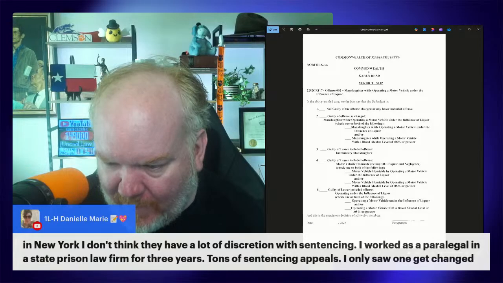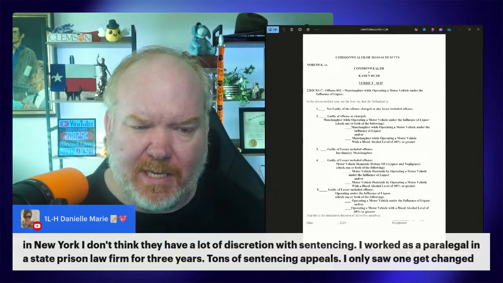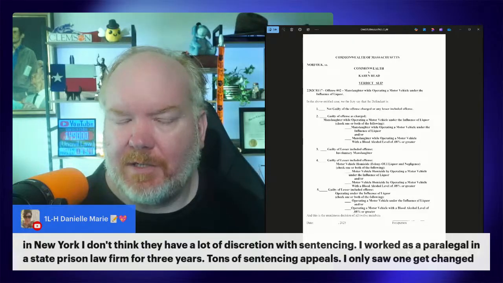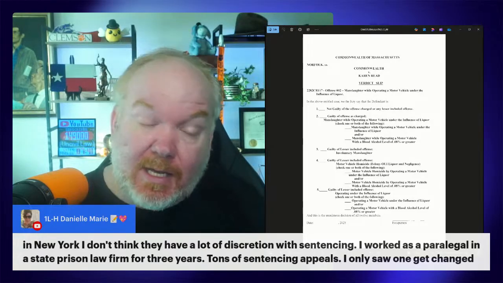In New York, I don't think they have a lot of discretion with sentencing. I worked as a paralegal in a state prison law firm for 3 years. Tons of sentencing appeals. I only saw one get changed. I'm not sure if that means they don't have a lot of discretion, so much as whatever discretion they use, they usually get right. I mean, to be fair,